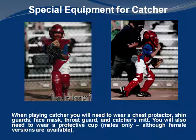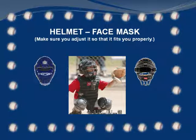Catcher is also a defensive position. When playing catcher, you will need to wear a chest protector, shin guards, face mask, throat guard, and catcher's mitt. You will also need to wear a protective cup. Now that's males only, although there are female versions available. Now if you're playing catcher, here's the equipment you will wear: a face mask,